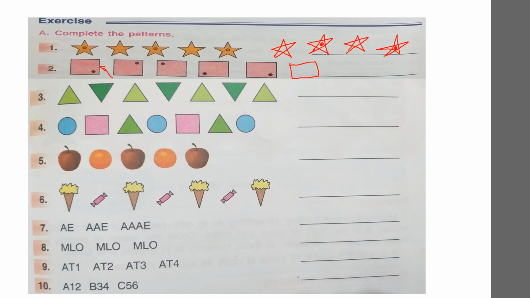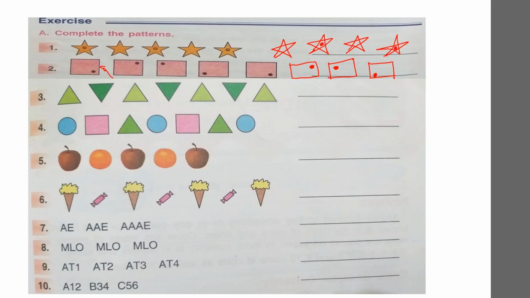So this is a rectangle having a dot above. So you need to draw the rectangles neatly. So let's put a dot at the left side. Then let's draw another rectangle. Use a scale to draw, and draw here at the bottom. So here we have completed.